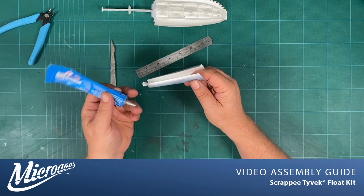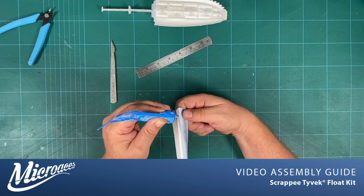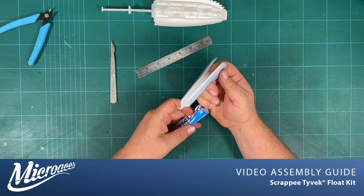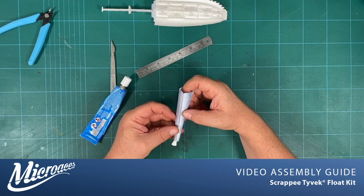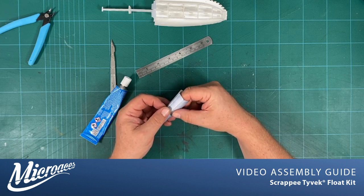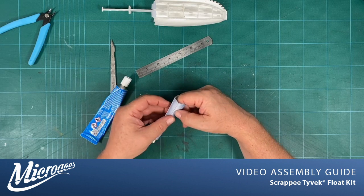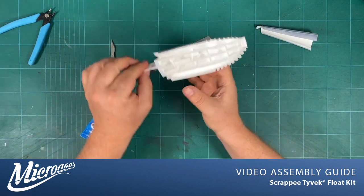And now we just need to apply the glue to the tab. All the way along, continuous bead. And bring the two surfaces together. Now we're going to let them fall apart again, and then use this quality of the foam that allows us to use it as a contact adhesive once it's dried. Okay. So if we can set that to one side now, we'll turn our attention back to